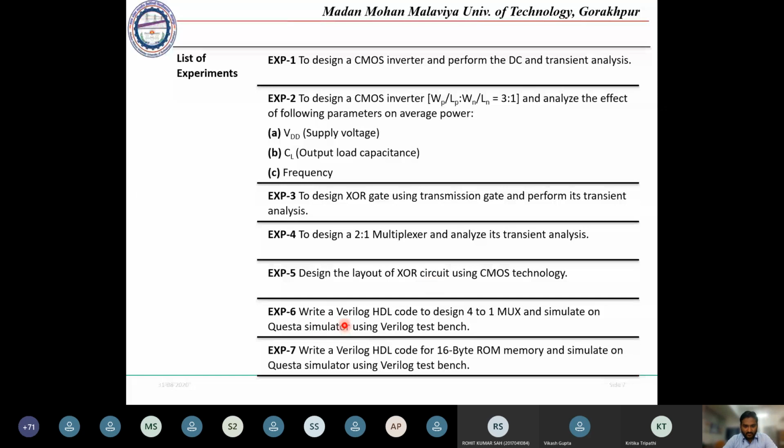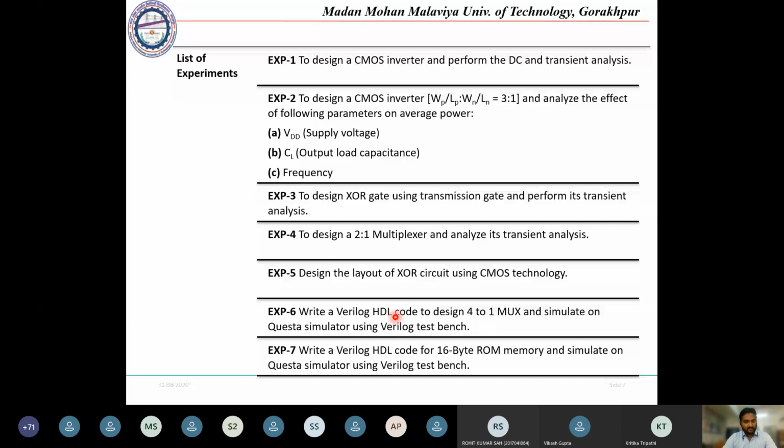And then the other experiments are Verilog, Verilog HDL. Verilog is one of the tools used for designing hardware. HDL stands for hardware descriptive language. So suppose a transistor is there. That transistor is hardware, and it is connected to 5 volt as input, and we are connecting a voltmeter to the output. This hardware representation can be done in Verilog also. That's why it is called Verilog HDL, hardware descriptive language.